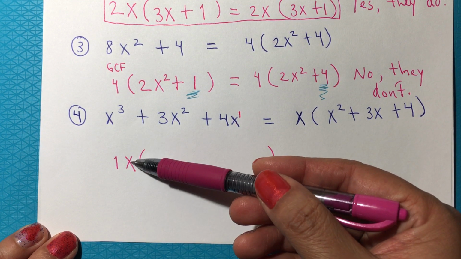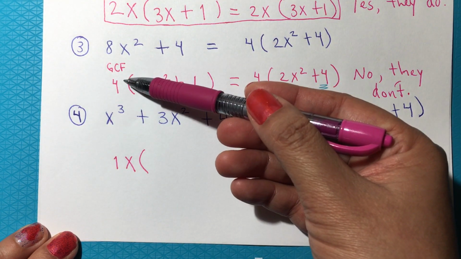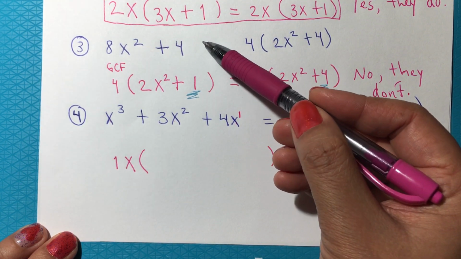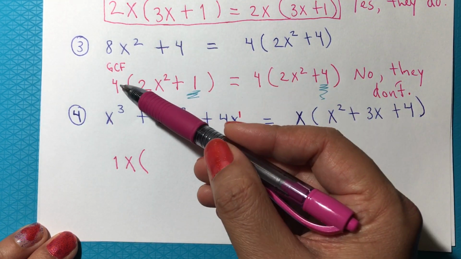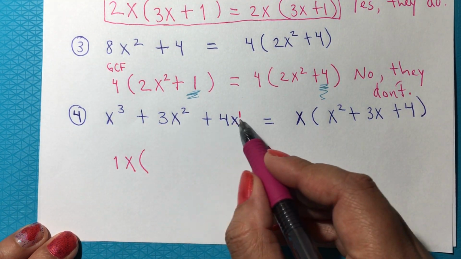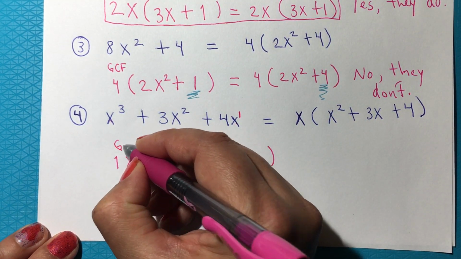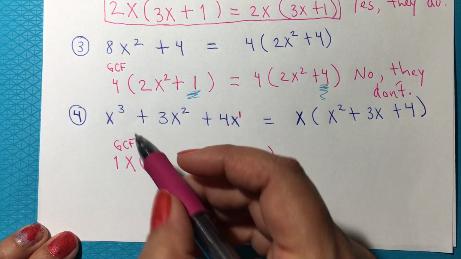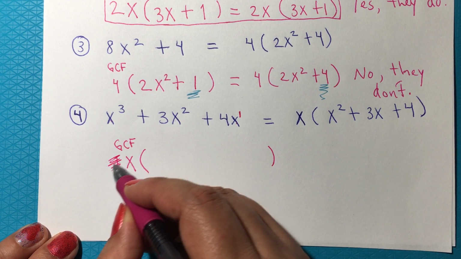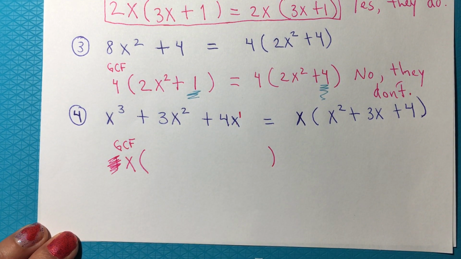Again, why do we include an x in here and not in here? Because one of the terms does not have x, we don't include it in the greatest common factor. In here, all of them have x, so that's why you put it in the greatest common factor. And we start dividing. Again, let's just remember that we don't need to put the 1 in there, and so